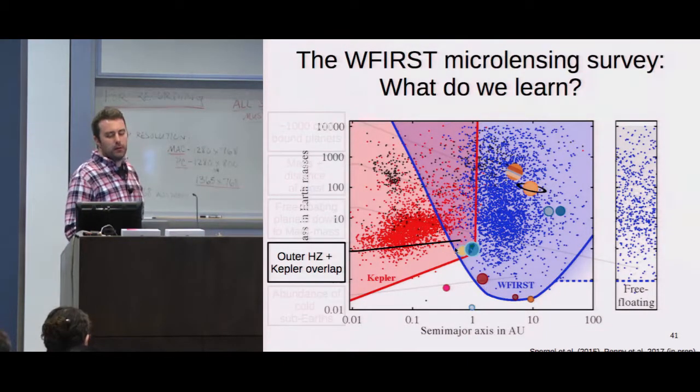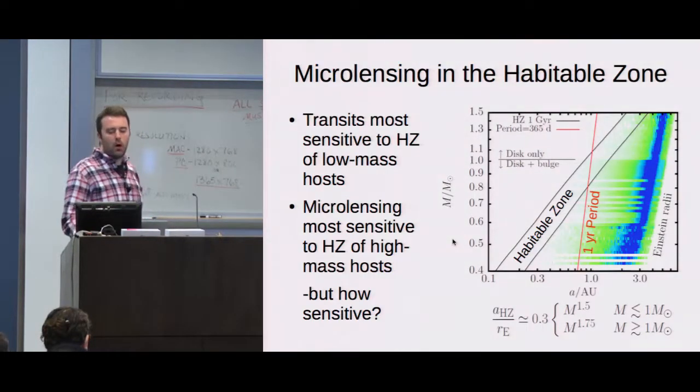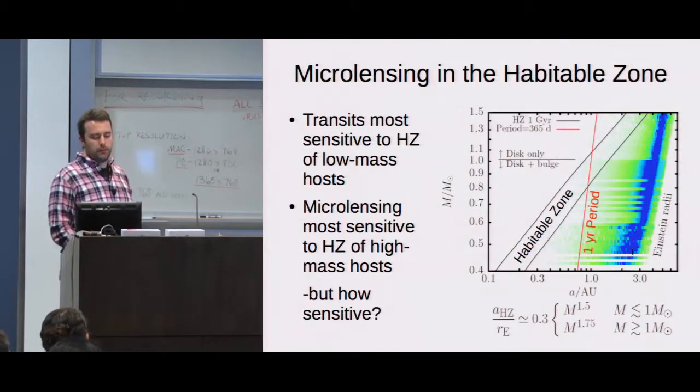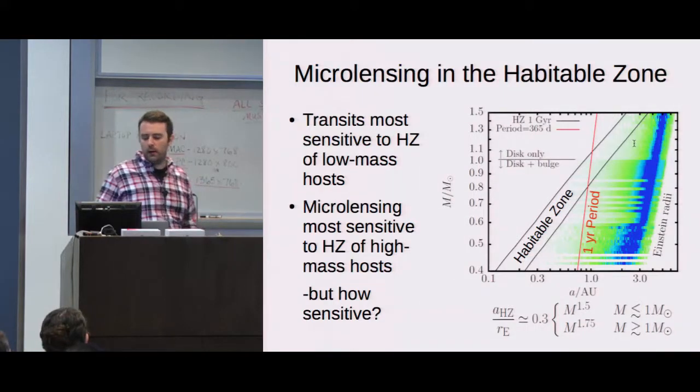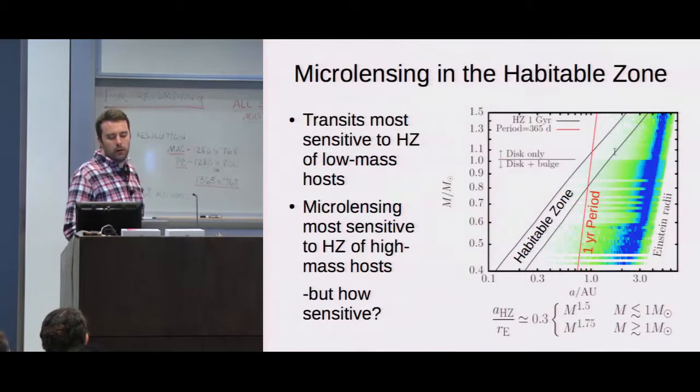So it means you can start looking into the habitable zone with microlensing observations too. So this is a plot of the colored bars here are Einstein radii from my simulations compared to the habitable zone,